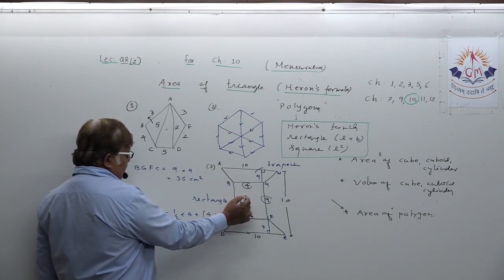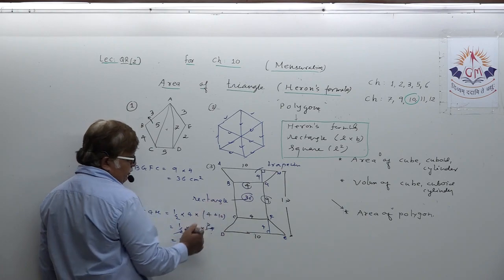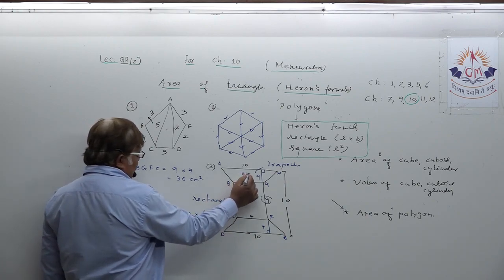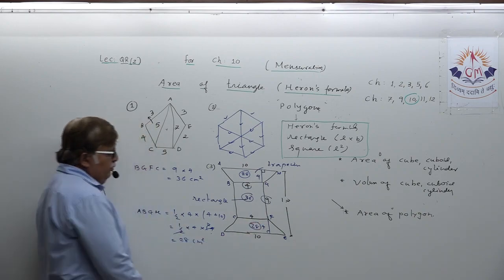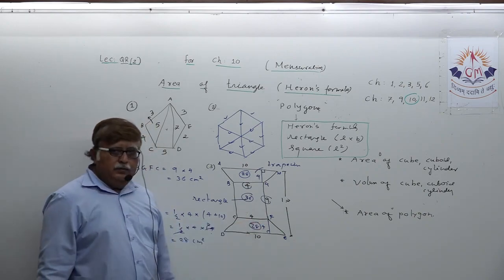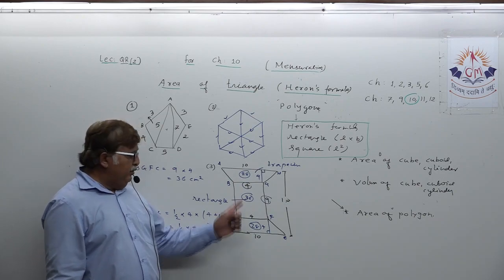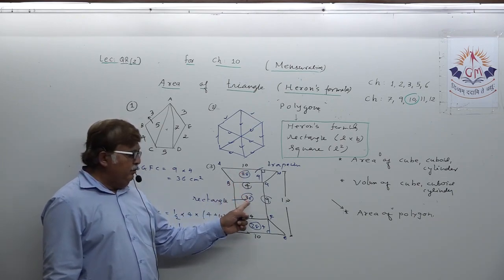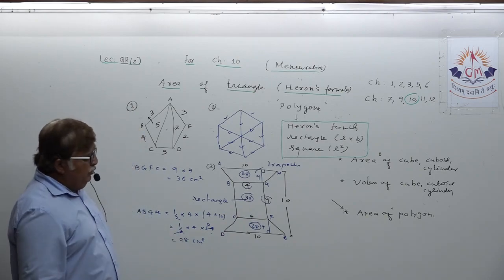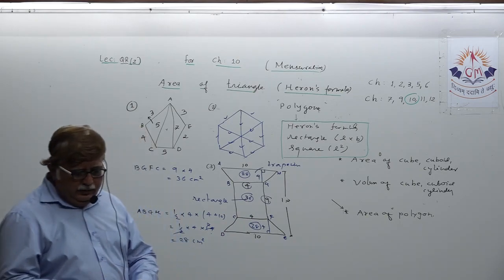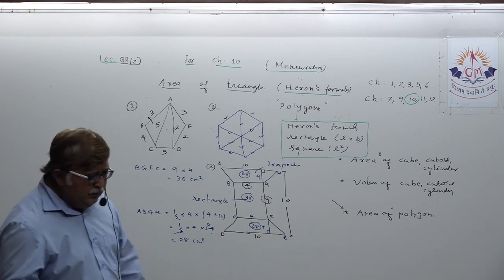So this is area of rectangle you found 36. Area of this trapezium 28. Obviously area of this trapezium is also 28. Now you can find the area of polygon equal to 28 plus 36 plus 28. Understand? So this way you can find area of any polygon quite easily.